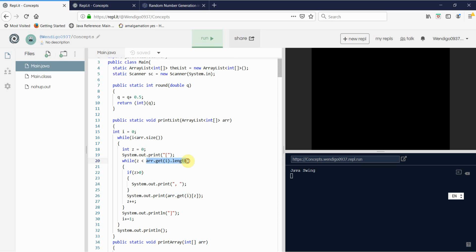And the reason I need to do this is so that I can get the proper number to set as the maximum value for z, so that we can loop through the array found at index I of the array list without going outside of that array and picking an index too high, because that would cause a crash. Okay, so now that you understand what this statement does, this big wonky statement, and that this loop is looping